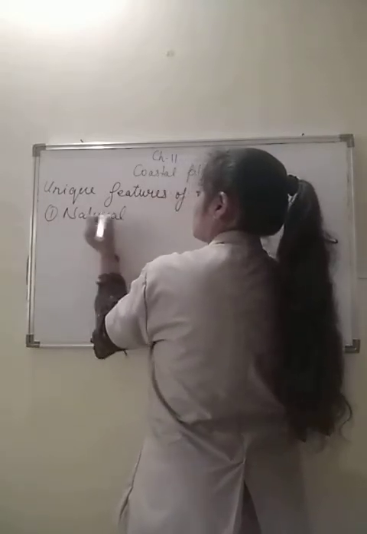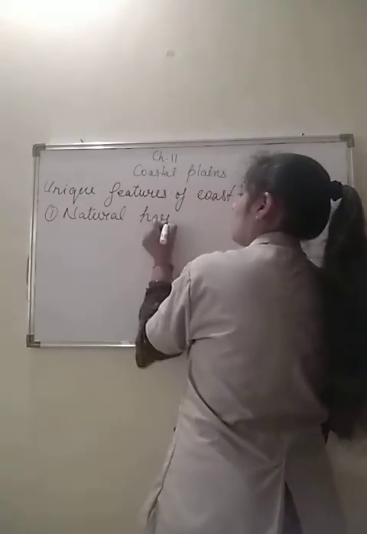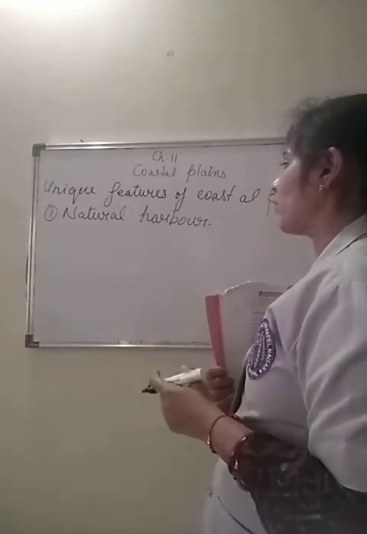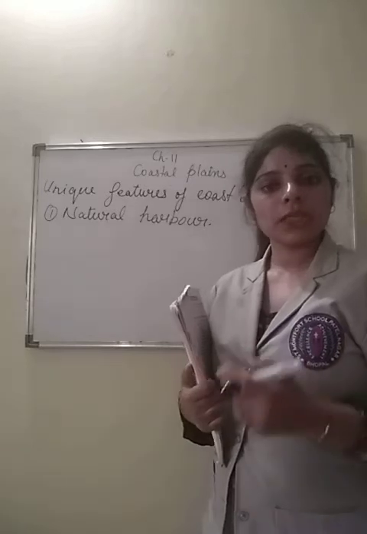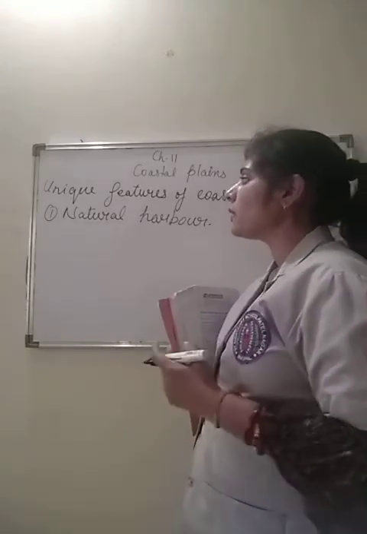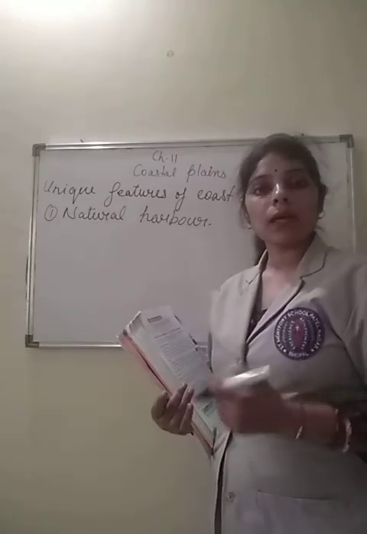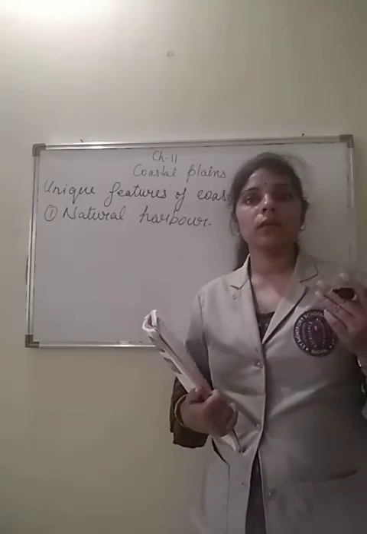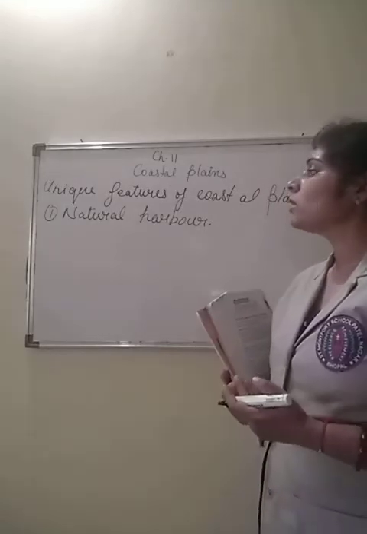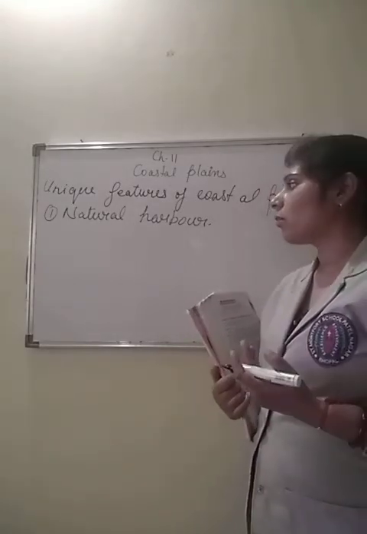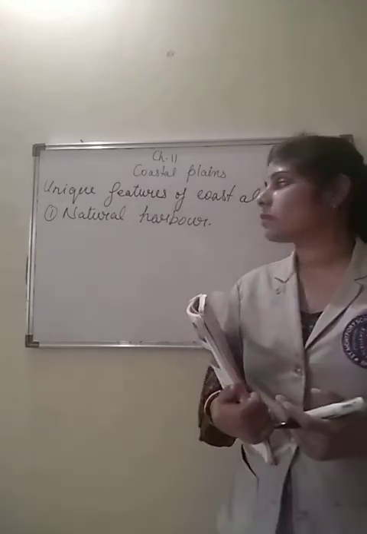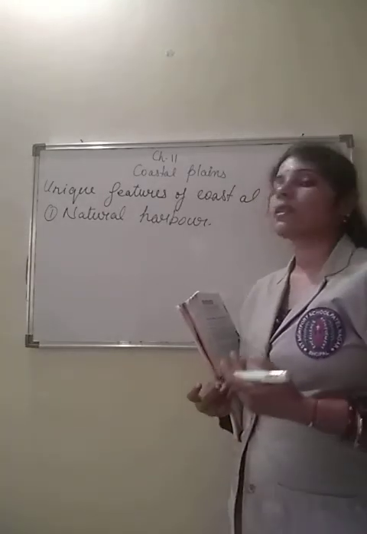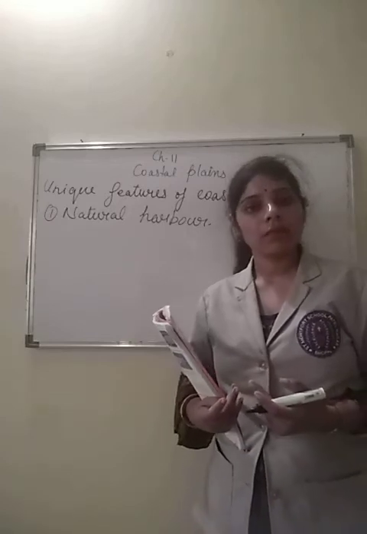So first we are starting with the natural harbour. So what is a harbour? Harbour is a place, a water body, where your boats and ships are docked. And what is being done here? Here there is loading and unloading of goods. Like you might have seen that big containers are transported with ships. Where the unloading and loading of these containers is done, it is done on the harbour.